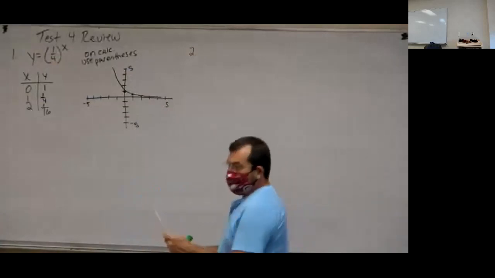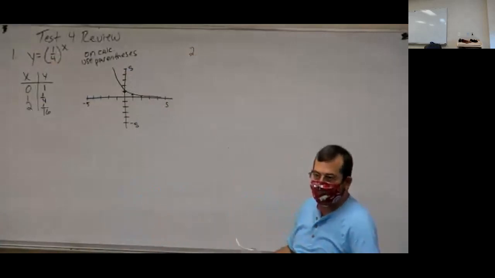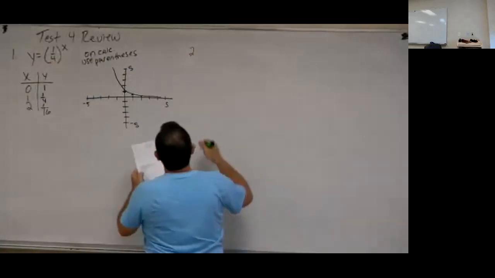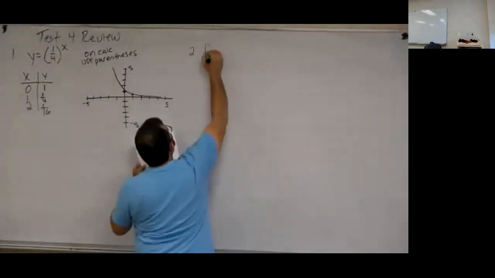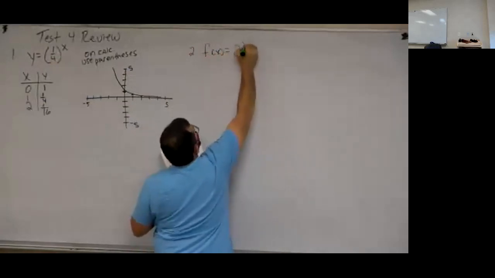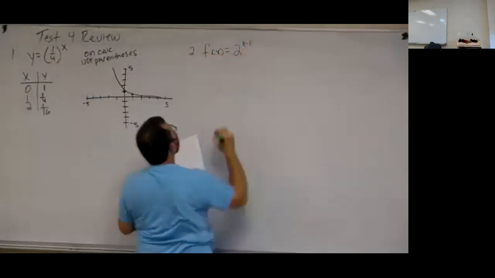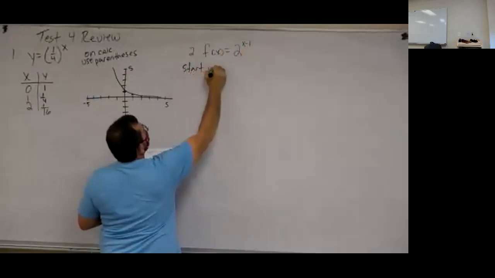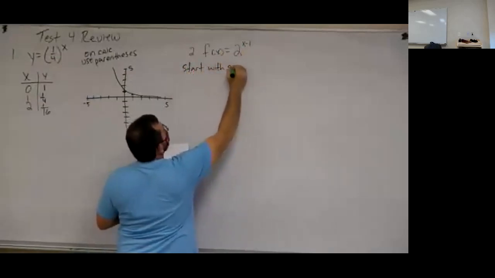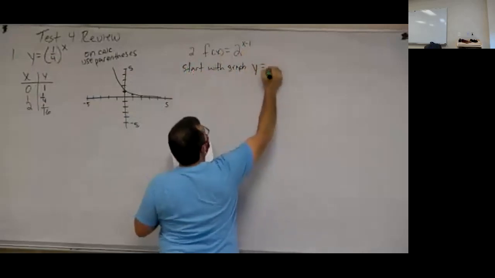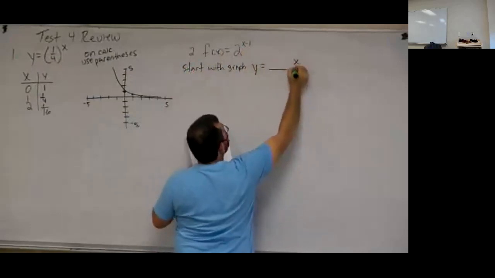All right, number 2, I probably won't graph, but I'm going to tell you how you would graph an impact graph, okay? Because it's one of those where you had to move them. So the second one has f of x equals 2 to the x minus 1. So they'll have 4 choices. So you got to start with graph y equals blank to the x,